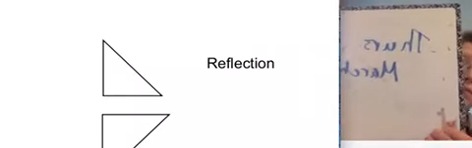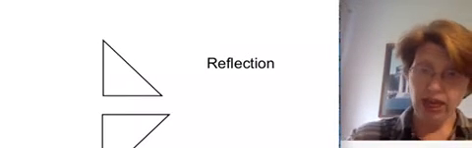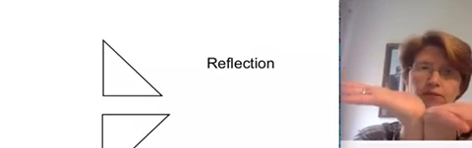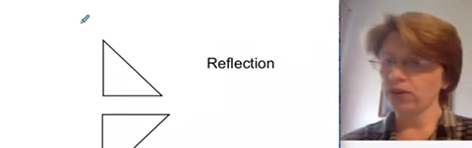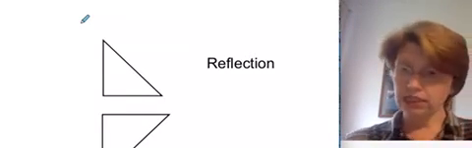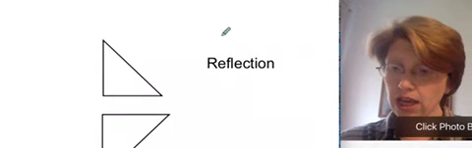Now let's look at the last one, reflection. Reflection is like when I look in a mirror. That's why when I hold this up, it's backwards to you because you're getting a mirror reflection. It's when you look in the water and you're upside down, okay? It's almost as if you were folded in half. So that's your reflection. So just like this triangle here is almost looking at itself. So the reflection is flipped across a line of reflection is how your book